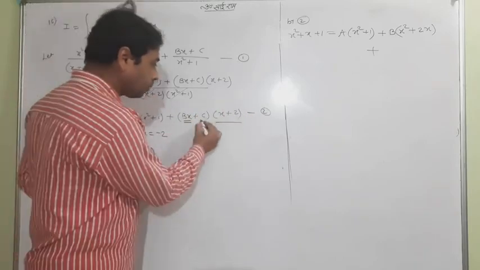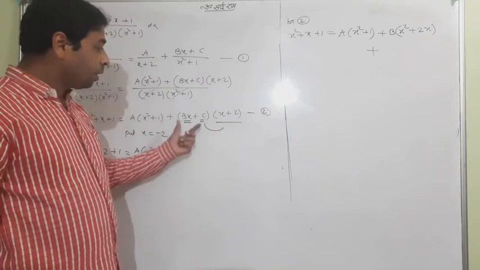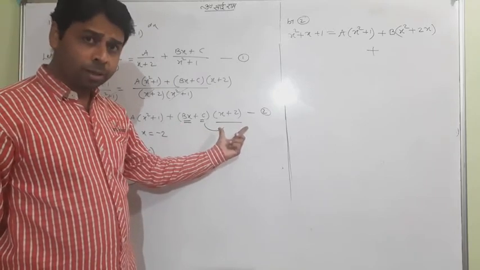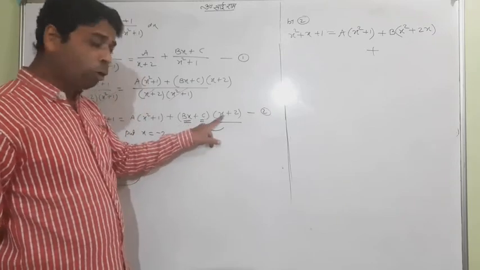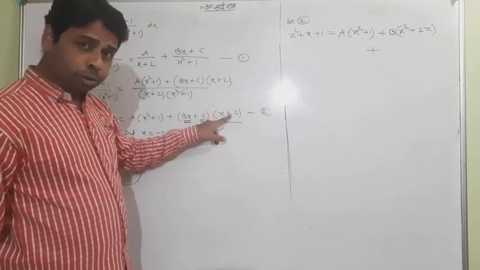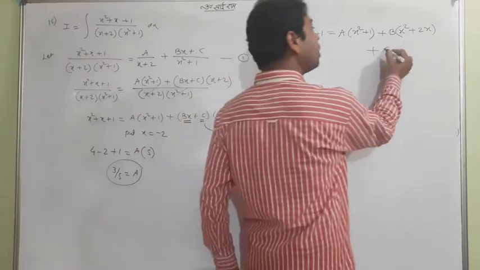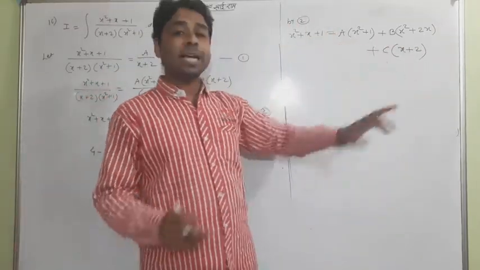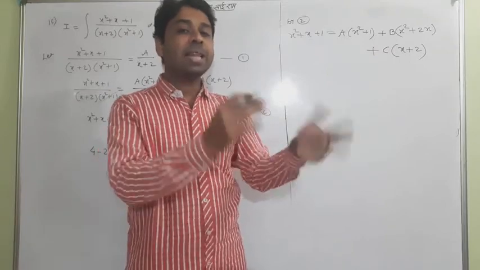What about the c? You also multiply in the same way. These two are factors, binomial to binomial. So how can we multiply? Bx into both, c into both. So c into both will be written c into both. A, b, c I kept outside. And then what will I do?